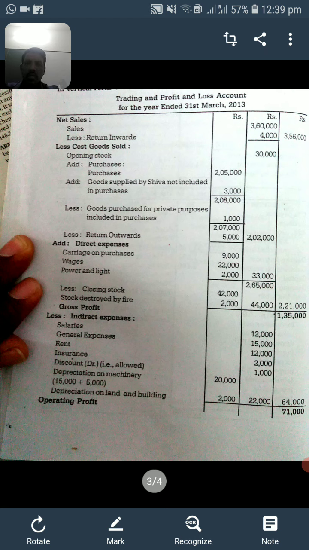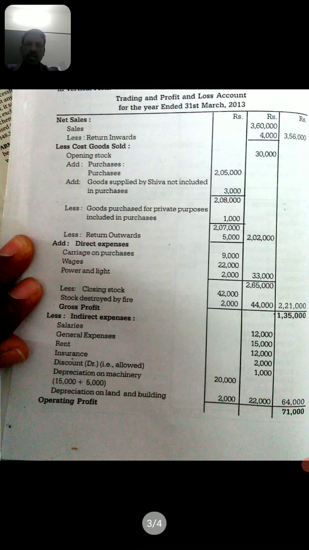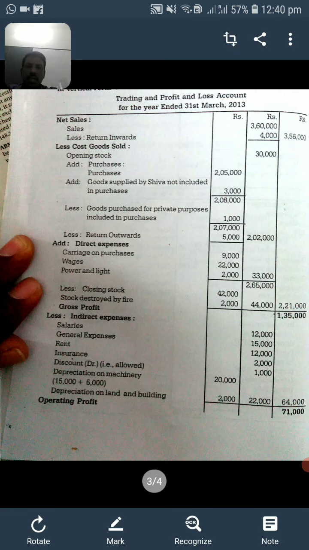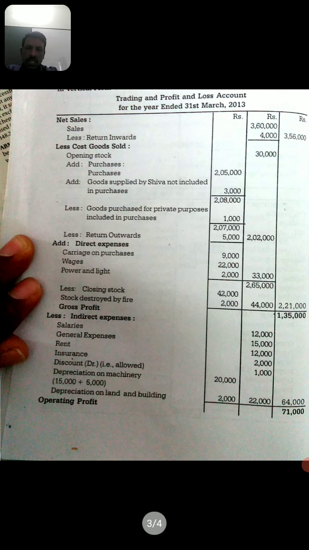Next, less cost of goods sold. So we start with opening stock of rupees 30,000, which is given in the trial balance. For that we have to add purchases of rupees 2,05,000. So for that, add goods supplied by Shiva not included in the purchases. In the adjustment they were given the goods which is supplied by Shiva but which is not included in purchases. So that amount should be added to the purchases. So 2,05,000 plus 3,000, total